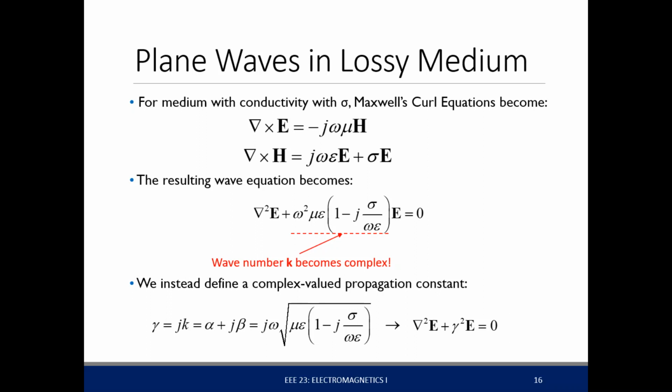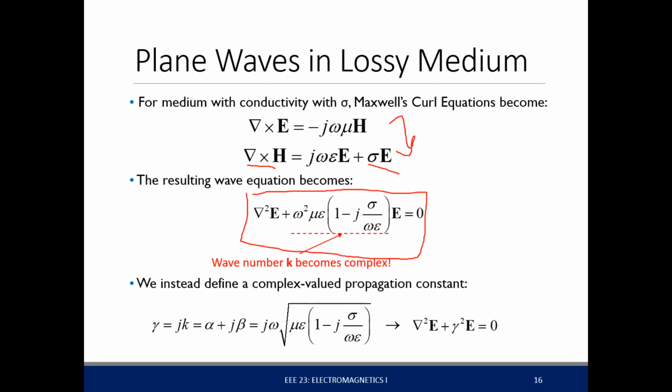So let's consider the case that the conductivity is not zero, or the medium is a conducting medium. So these are our Maxwell's equations, and our Ampere's law now has a conducting term, sigma E. If we solve for the characteristic equation of these two, we get this